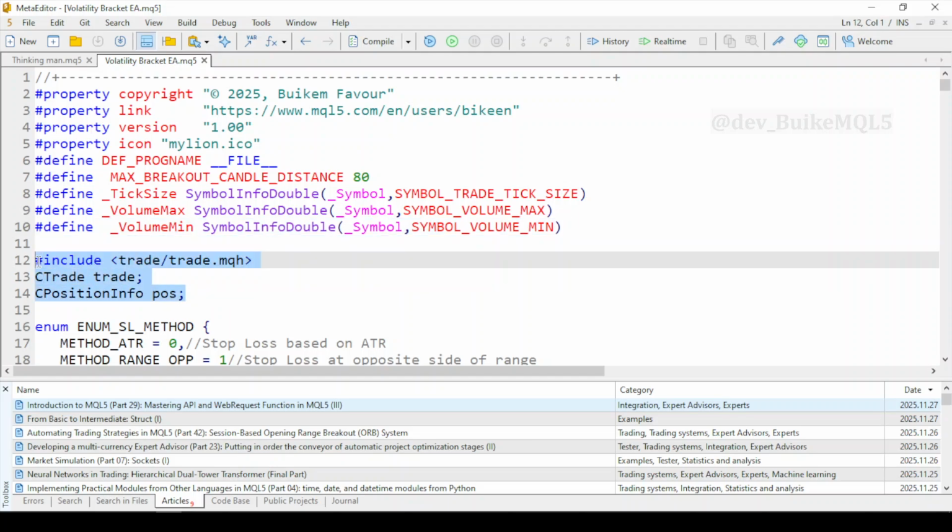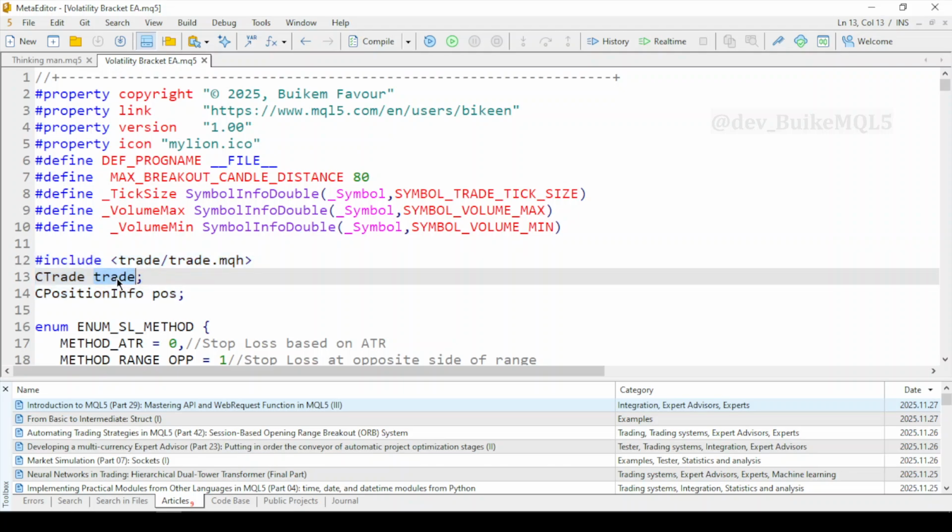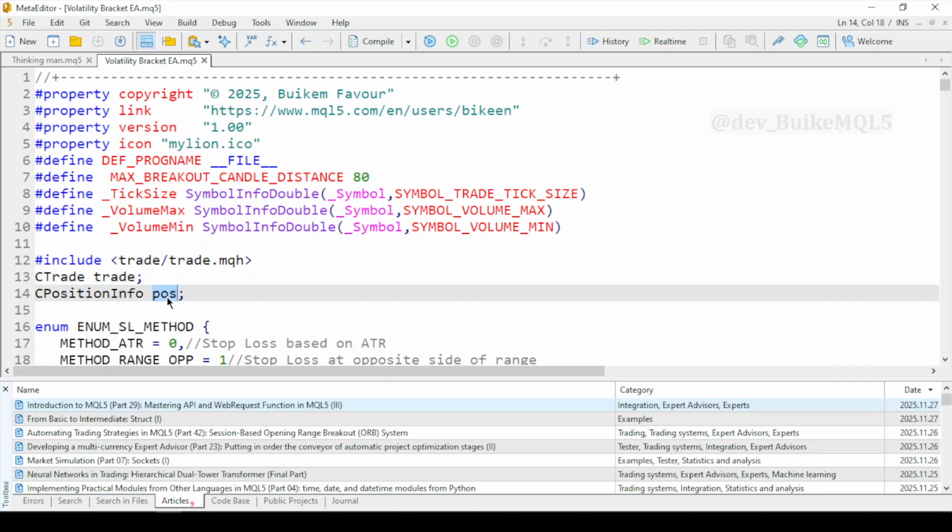Next, we have the include. Here we include the trading library and we create two helper objects. The first helper object is the trade object and the second one is the position object. Now let's set up some drop-down